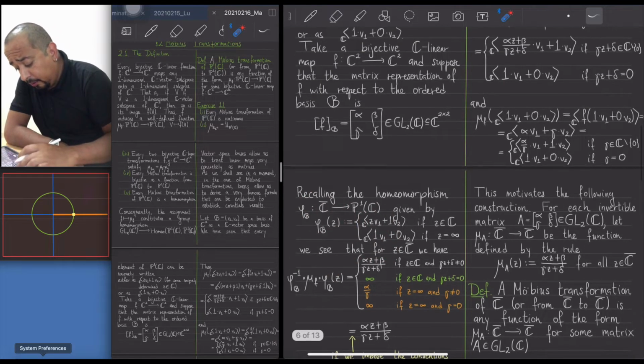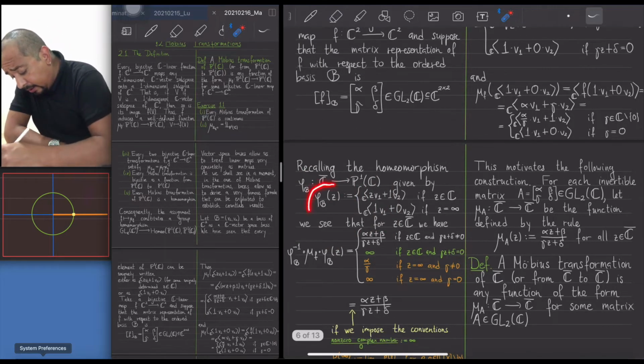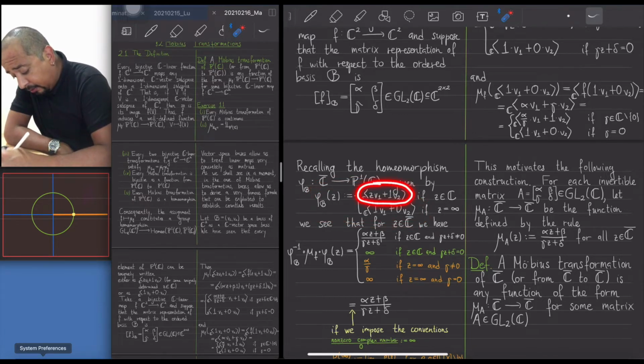So this formula itself tells me, whenever you have a vector subspace expressed in this form, so as spanned by something that has a 1 accompanying V2, then just keep Z, right? So that's the behavior of phi inverse. And for this other vector subspace, which is really just the multiples of B1, what you keep is infinity. So when we apply this